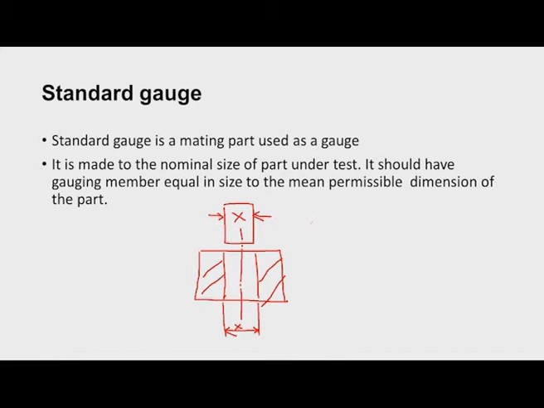in actual practice what we check using limit gauges is whether the workpiece is within the allowable limit. Some tolerance is given to the workpieces, and there will be an upper limit for the workpiece and a lower limit for the workpiece. So that status we have to check. This concept of standard gauge, wherein both the hole and shaft or the workpiece and the gauge are made to the mean size, is only a theoretical concept and it is not used in practice.